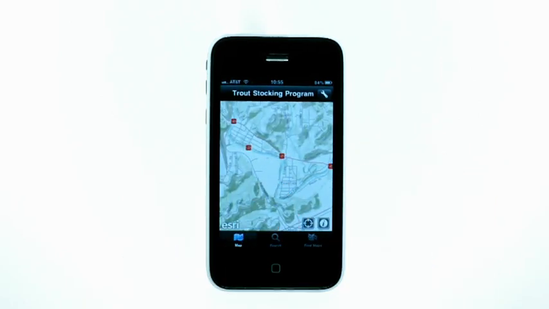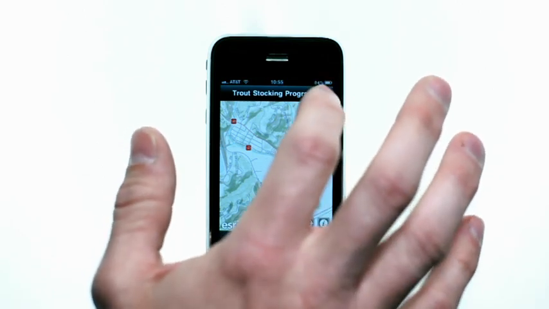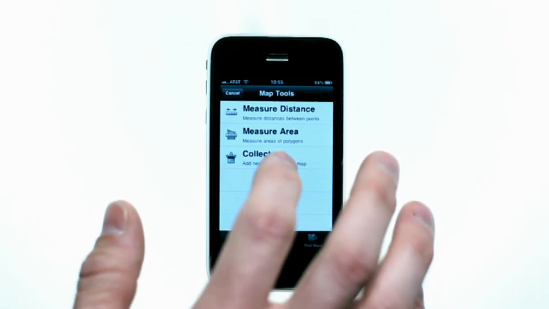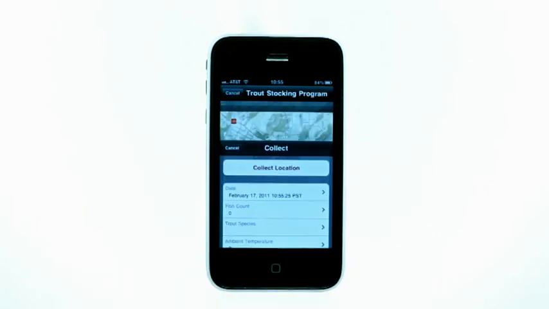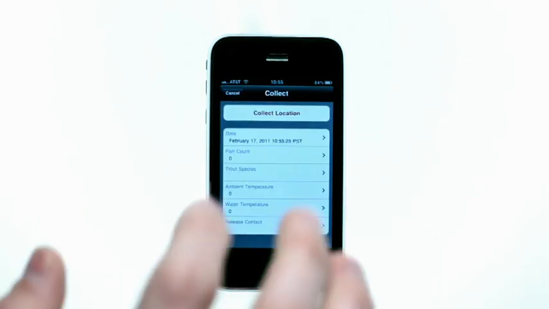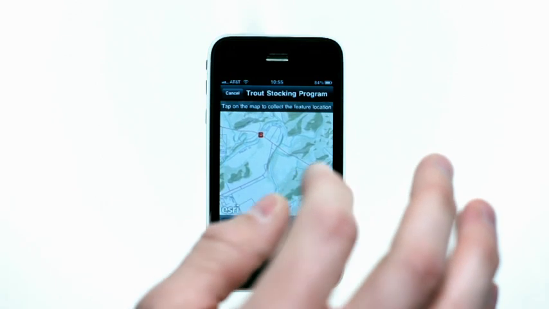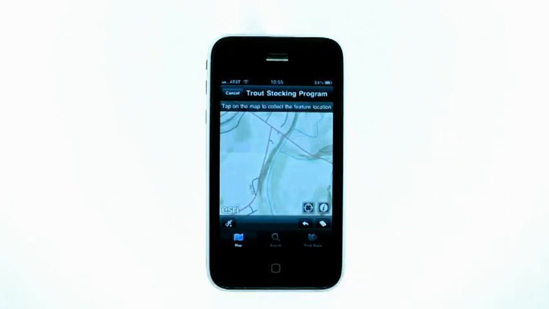So as a volunteer, I'm now accessing this map on a mobile device. And I can do more than just view and look at this map. I can actually capture and edit information. So to do that, we'll just tap the button in the top right there. You'll notice that I have the option now to collect and add new features to the map. So we'll do that. Now I'm going to collect a location. I could do this using the GPS on my phone. In this case, I'm going to physically place it on the map. So we'll zoom in to this area of the river,